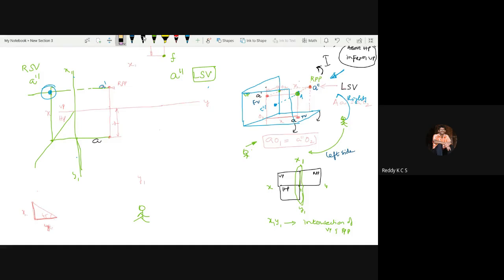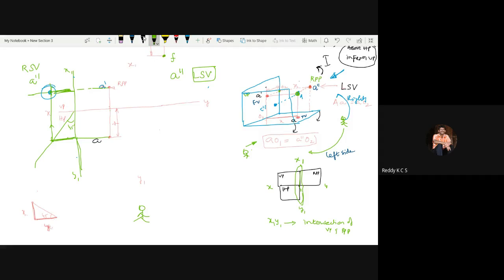So from a dash, draw horizontally onto the 45 degrees line. This is a 45 degrees line. Then it will intersect and you project it vertically upward, so that the vertical distance is transferred as a horizontal distance. So this distance is equal to this distance. Then we'll get the a double dash at this particular point of intersection.